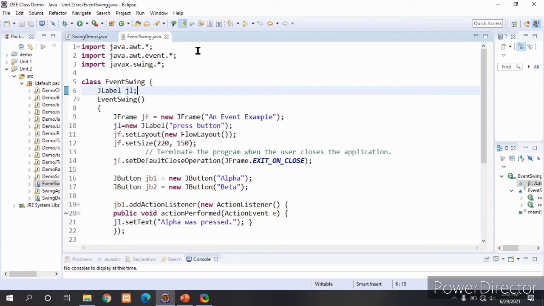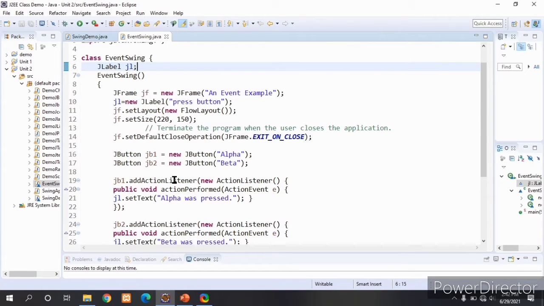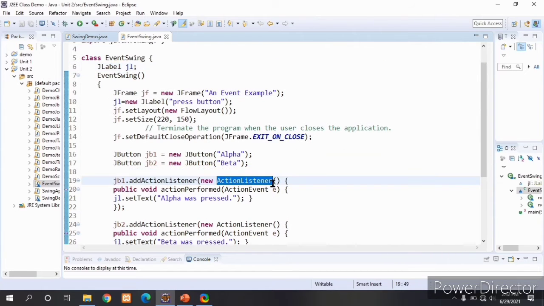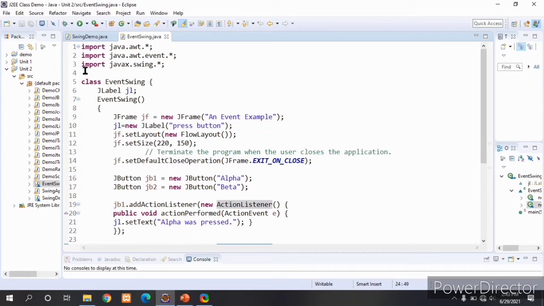It means it imports all the necessary packages and classes which are related to event handling. See here, we are using the ActionListener here. To support this ActionListener class, we are importing java.awt.event.*.